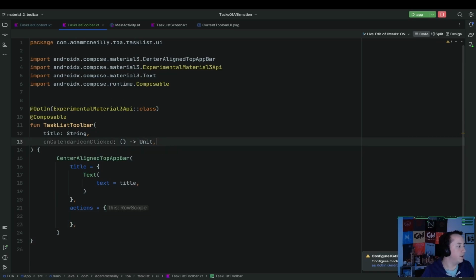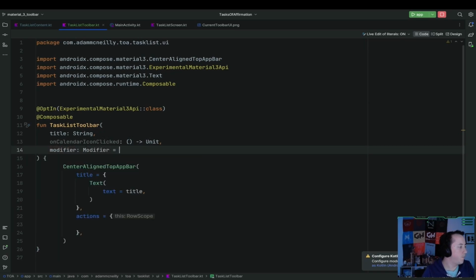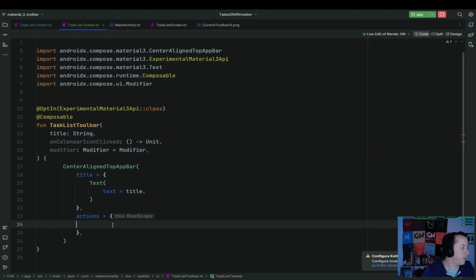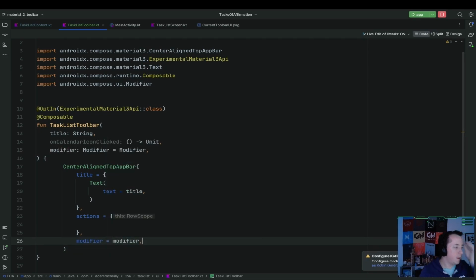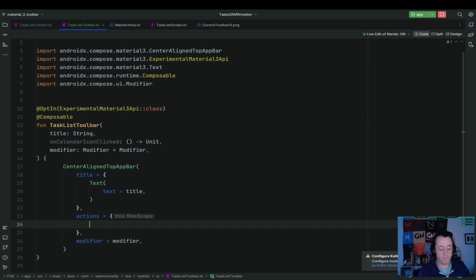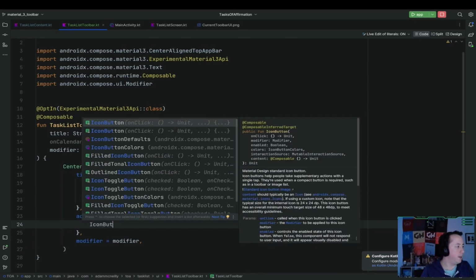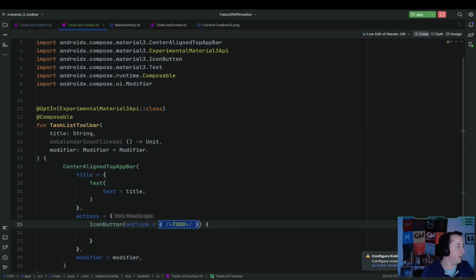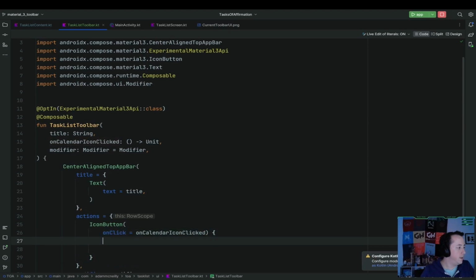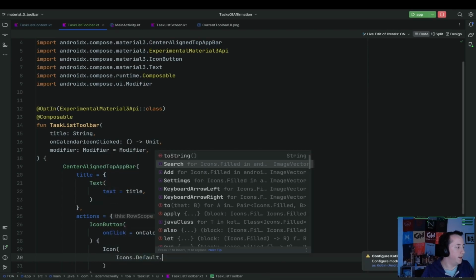We also need this to consume a modifier. And so actions, I guess we'd do an icon button. On click would be on calendar icon clicked. And then here we would do an icon, icon dot default dot,